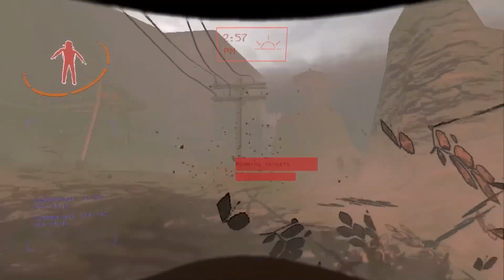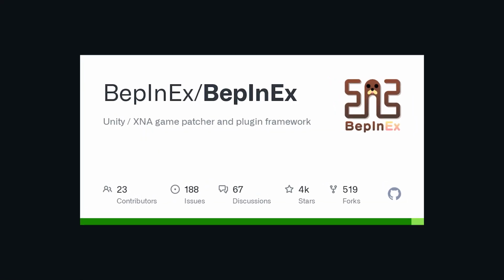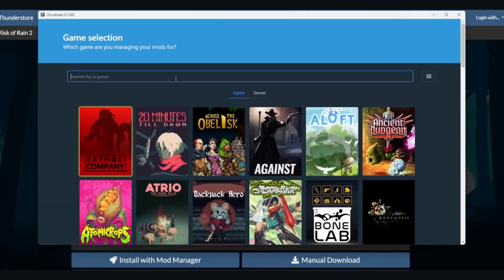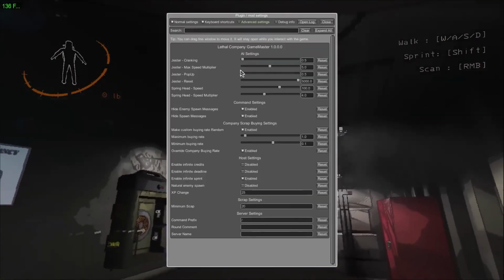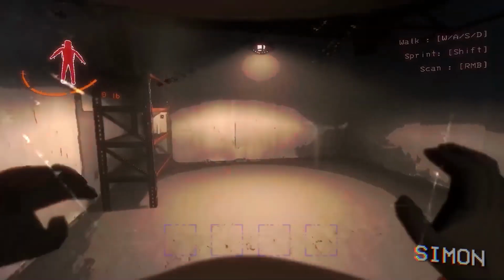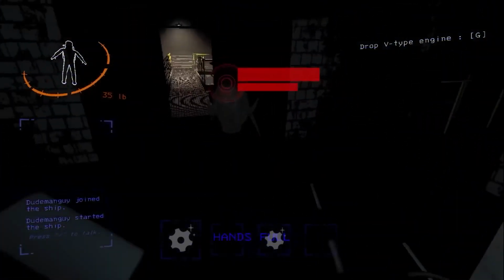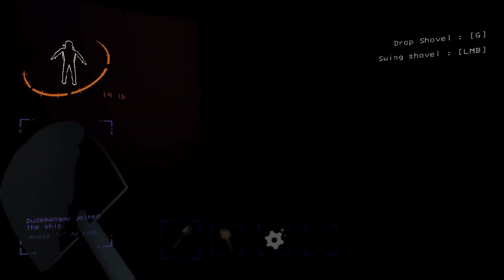In this all-in-one tutorial, we'll explore the ins and outs of enhancing your gameplay, starting with installing the essential BepInEx framework, followed by a step-by-step guide on using the R2 Modman Mod Manager for effortless mod management. We'll also delve into selecting and installing the best mods to spice up your game, plus tips on keeping everything running smoothly. Perfect for both beginners and experienced modders, this video is your ticket to a more thrilling Lethal Company